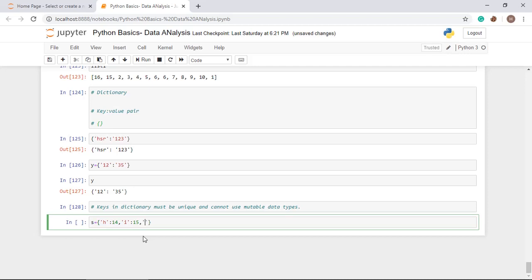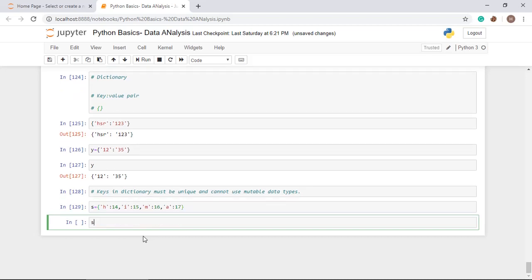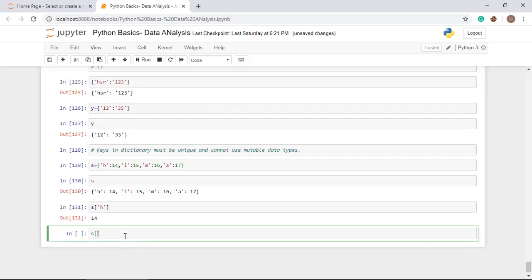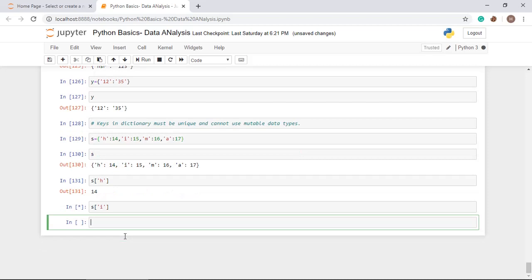So I am again taking a number M as key with value 16, and A as key with value 17. Now I am going to show you how to fetch a value from the dictionary. For that purpose you have to use S, then put square brackets and pass the key name.